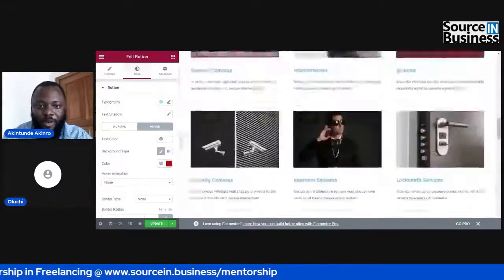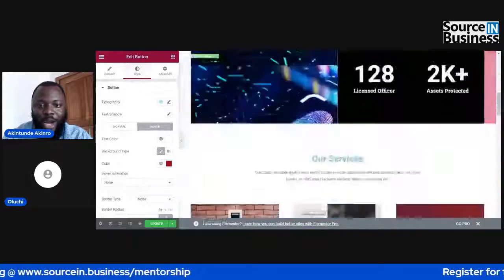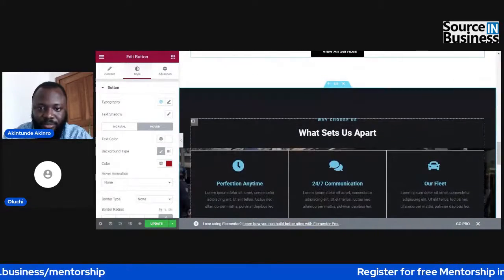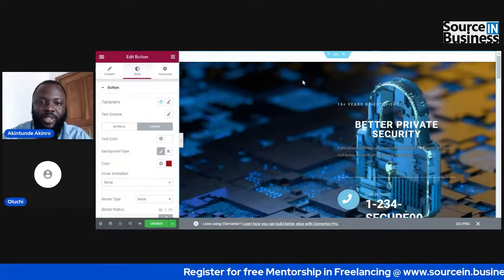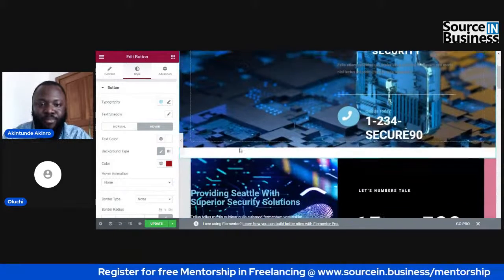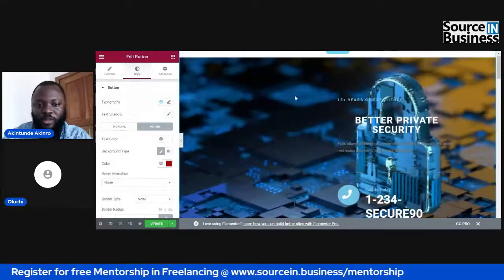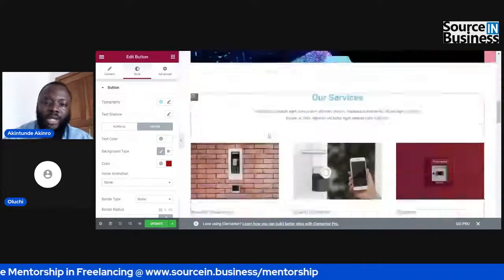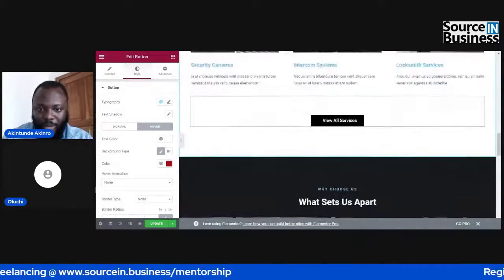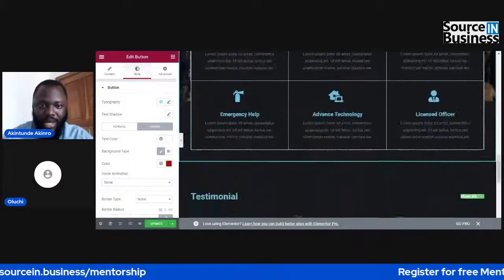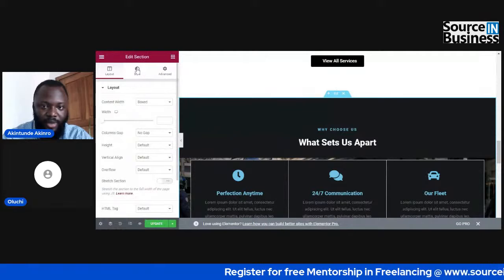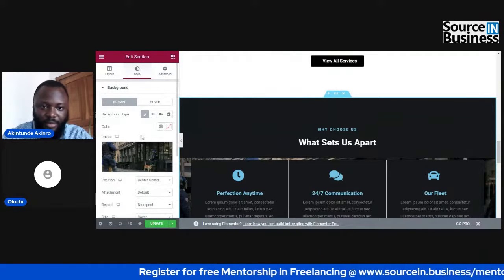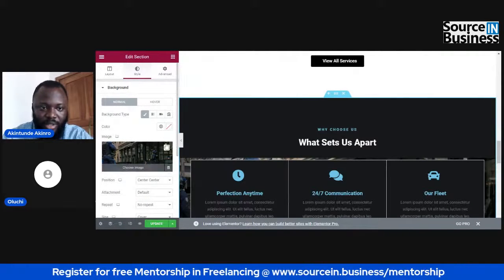So let's first of all start by changing all our backgrounds first. Remember that I also showed you Slider Revolution. We're going to be using Slider Revolution for this particular part of the page. This is the hero section of the page. We want to make it more animated. All right, so let's come here and also change the color code that we're working with. So the style,